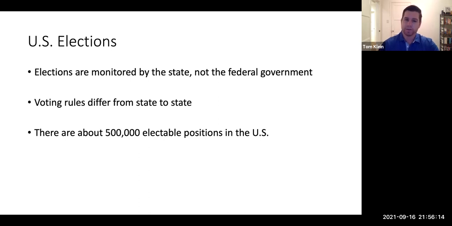So if any of you ever consider running for office, I highly encourage you to do so, even if it's at a local level, your state, if you live in a small town, maybe your city council or whatever, head of sanitation, there's a ton of positions. And if you do, I will give you extra credit, but you have to thank me in your acceptance speech. That's the deal.